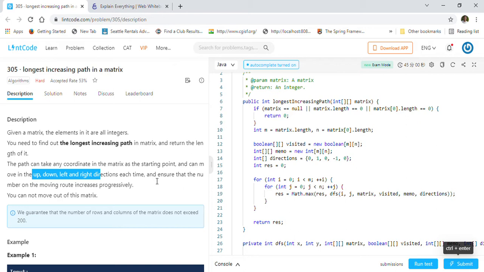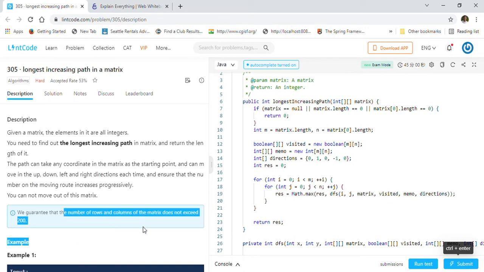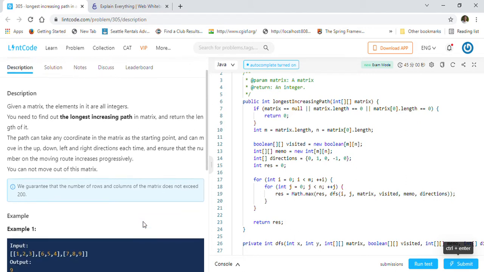You cannot move out of the matrix. We guarantee that the number of rows and columns will not exceed 200. So maximum 200 rows, 200 columns, that is the constraint they have given us. And we have to find an increasing path basically.